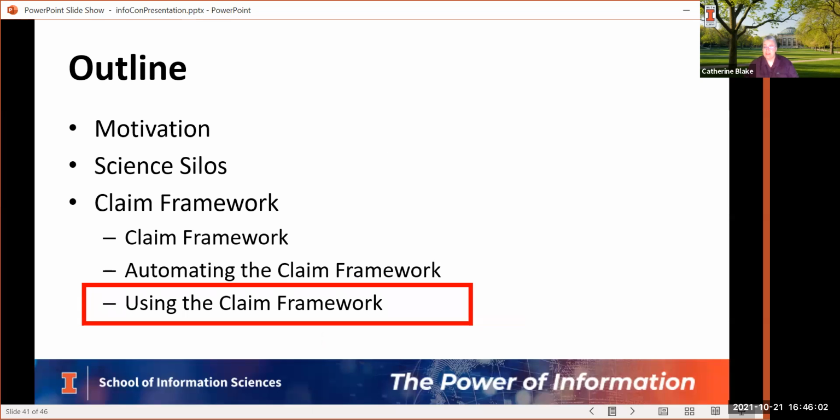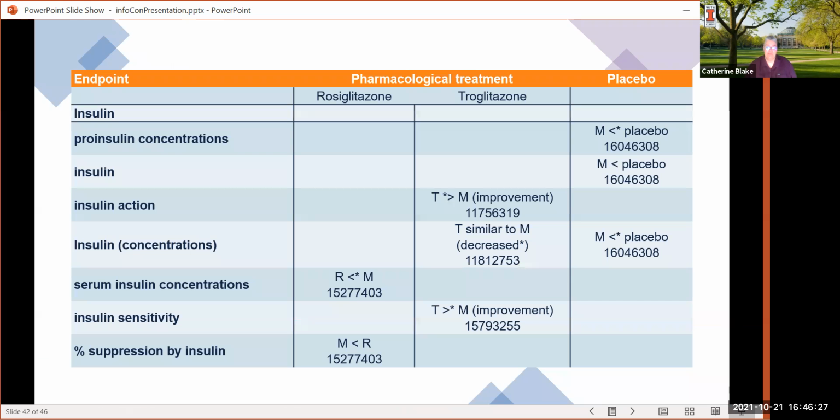So, that's just an overview of automated methods that can pull out comparisons. And there's other kinds of claims, and I'd love to talk to you some more about those because I think they're really interesting. But I would be remiss if you left this presentation thinking that literature was the only thing that you could do in health informatics. So I'll tell you a little bit more about those in a moment, but just to wrap up